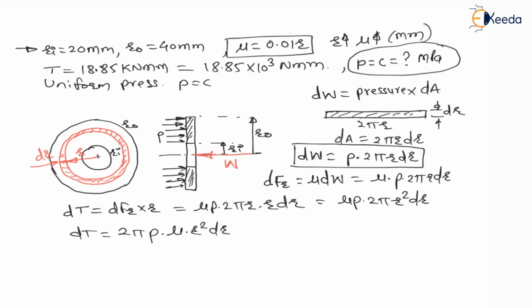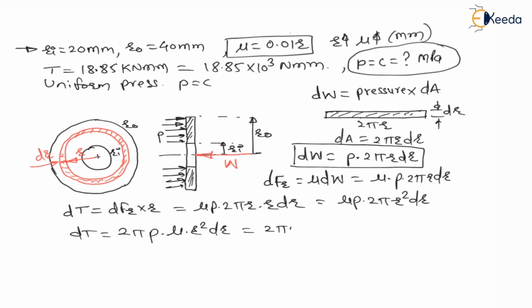Now, my dear students, why am I doing all these calculations? Because in the formulas that we have derived in theory lectures, only radius was variable. But in this question, the coefficient of friction is also variable. It is a function of radius. In theory lectures, we derived the formula considering the coefficient of friction as constant. But here it is also variable, so the variation of coefficient of friction also needs to be considered. Therefore, put this mu value.